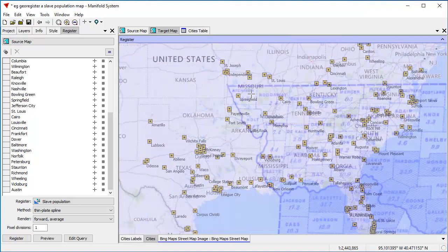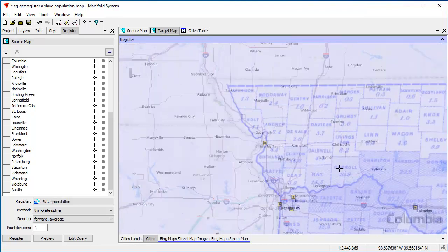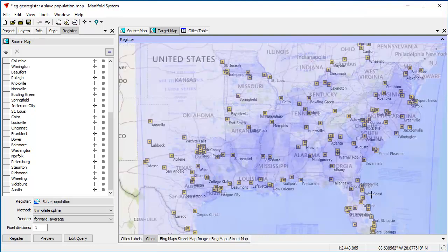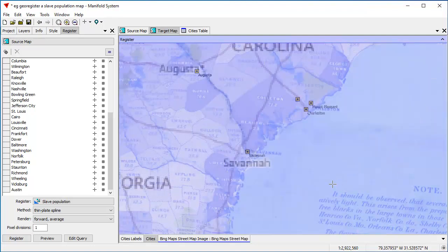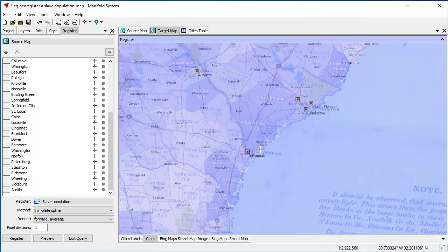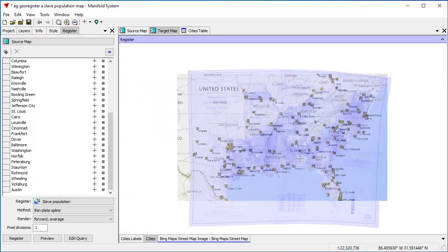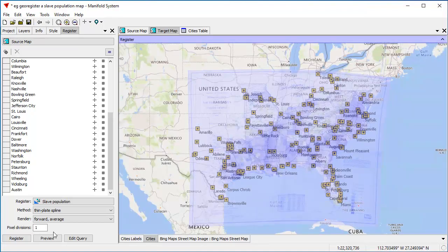As we zoom in here, we can see that the georegistration is not bad using the cities. It's actually pretty good in some locations. For example, around here, on the coastline where Charleston and Savannah are located, considering that that's a historic map. So that looks okay. Based on what we see in the preview,